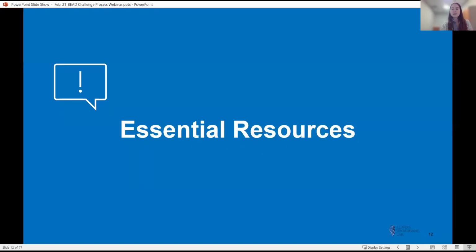All right, so before we get into the overview of how to submit a challenge, I want to highlight these essential resources because there are a lot of terms and complexities and processes that we need to adhere to as an office and as a state, and thus need to pass on to you. So we're trying to make this as straightforward as we can. As you are thinking about what challenges you might want to submit, how to fill in a bulk CSV template, you may be asking yourself, where do I find this information? So we have compiled everything all in one place, and I want to make sure that you have these resources at your fingertips so you're not lost when you start to build your challenges.